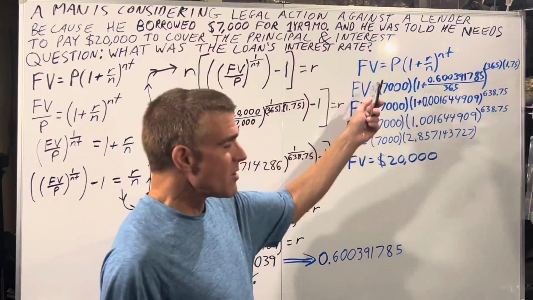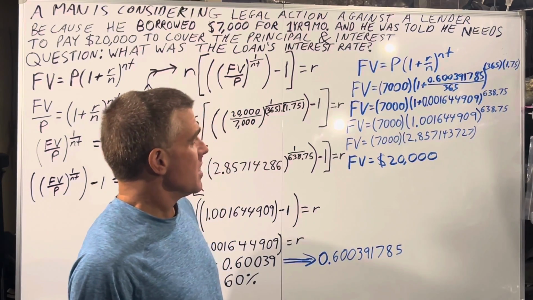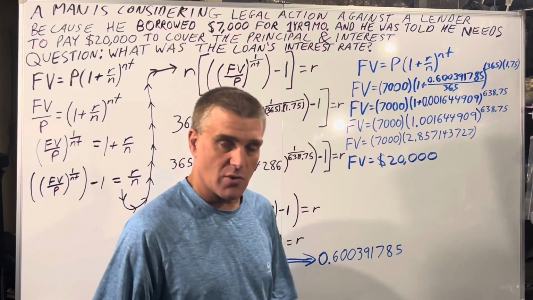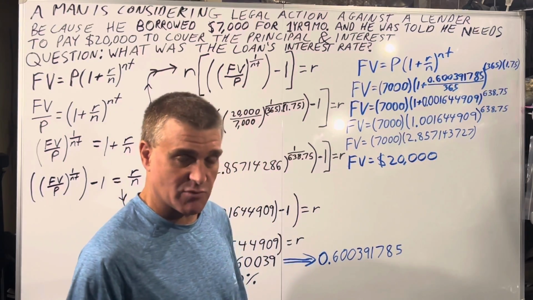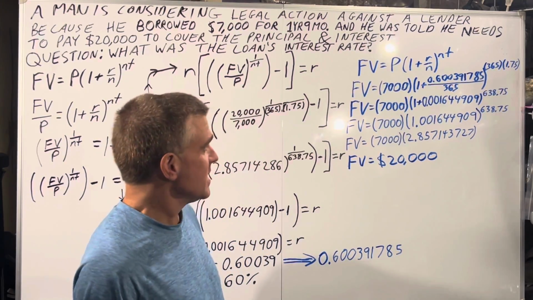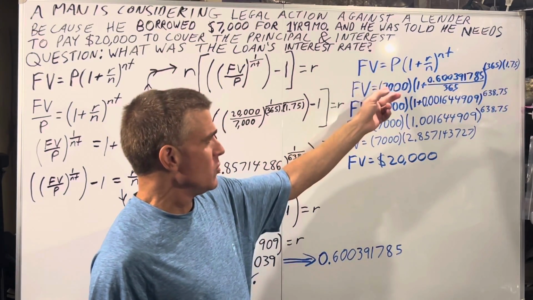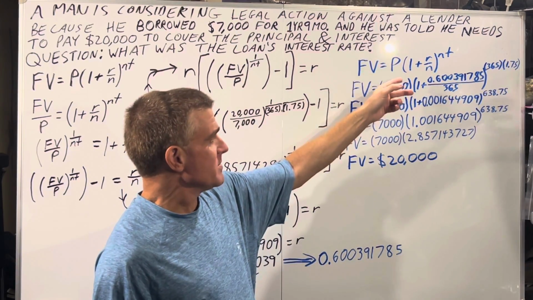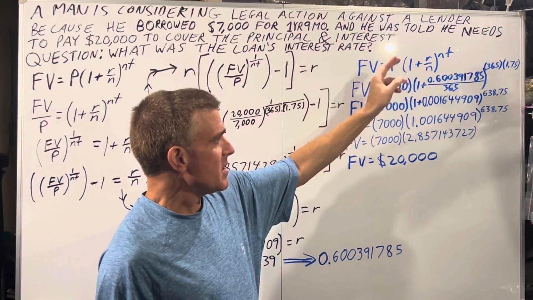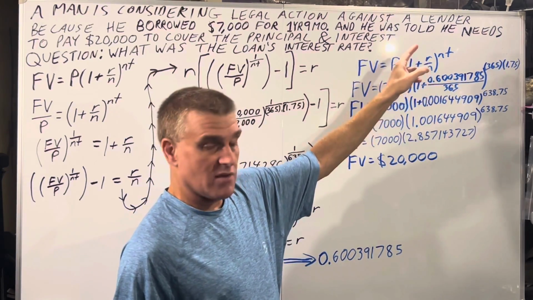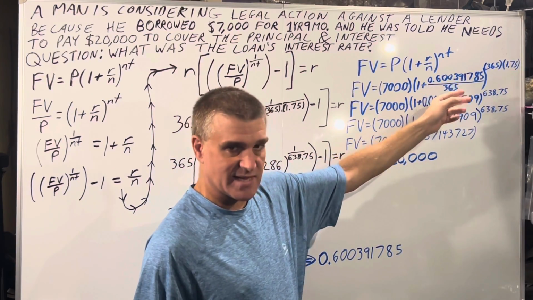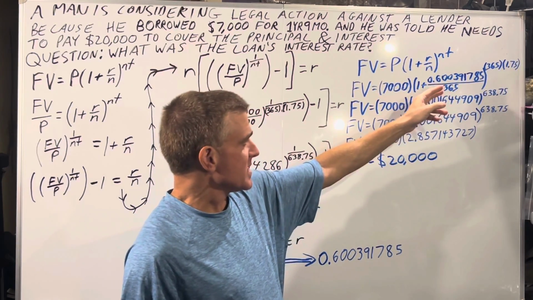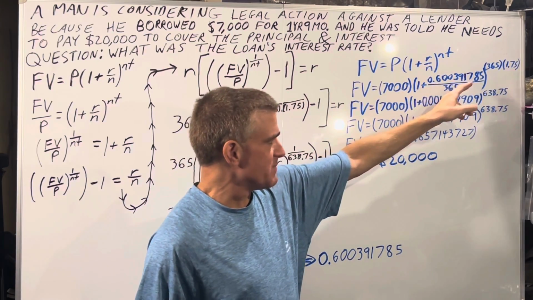So we're going to calculate what the future value of the loan was, and it should equal 20,000 if the 60% is correct. So we have future value equals the principal times, within parentheses, 1 plus the rate of interest, which is 60% expressed as a nominal decimal,